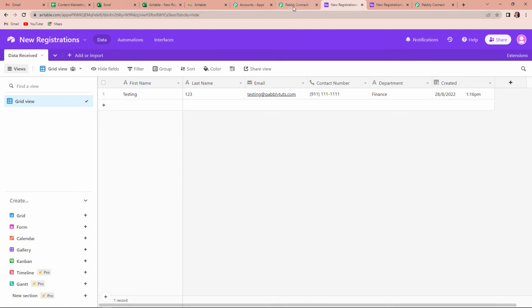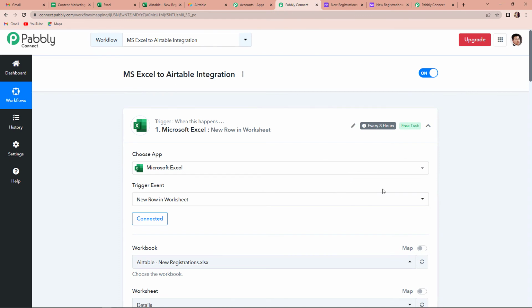So for this to understand, we are going to go back to Pabbly Connect, and here you can see that Microsoft Excel, this particular application, has a polling time of 8 hours, which means this trigger application will check for new data every 8 hours. So we'll have to wait for 8 hours, and then we can check again, and then we'll receive the data. I am now going to wait for 8 hours, and then I'm going to come back and check if we